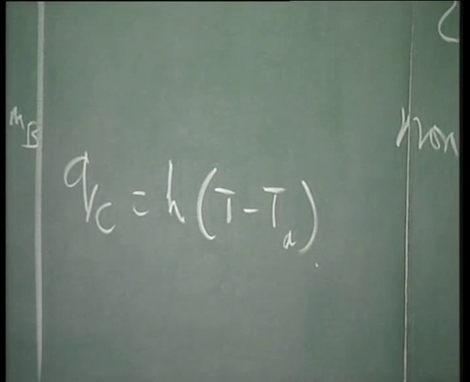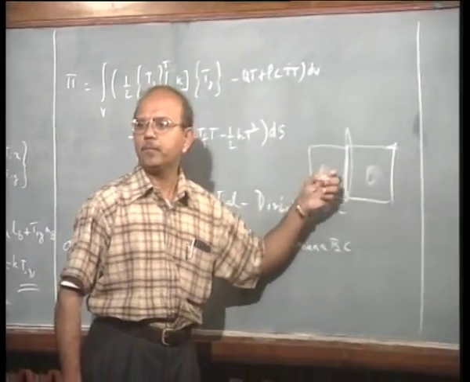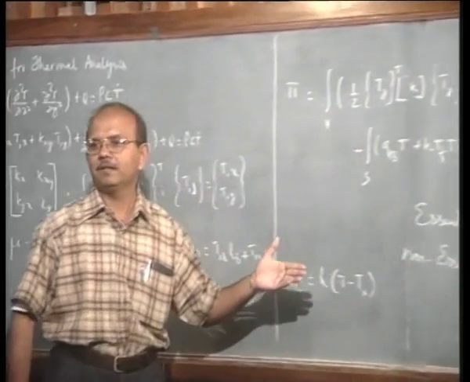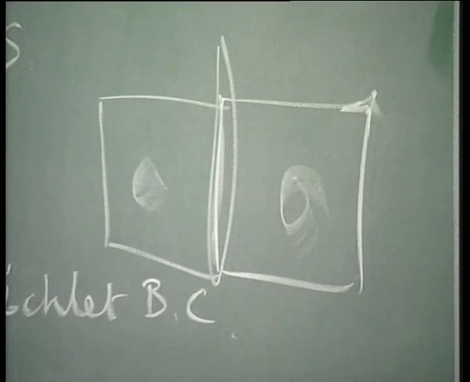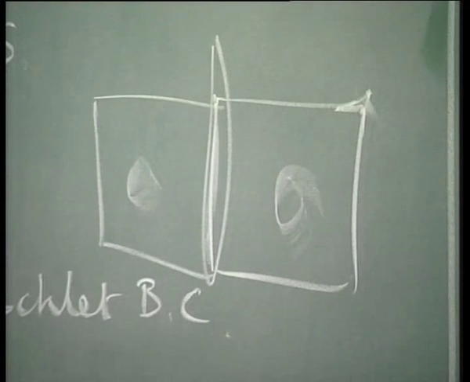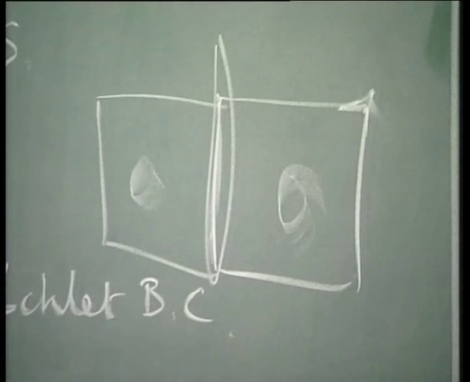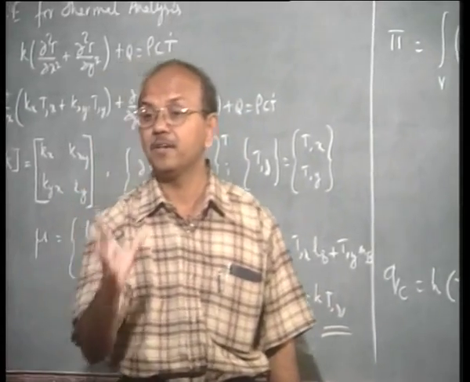Now, what have I done? Instead of QB, in these areas, I have now replaced this by a convection condition. Now, can I solve this problem? Please note this carefully. You can see this sheet, you would have seen it 100 times. Just take two sheets and weld it. I have told you that there is an essential boundary condition called temperature because I want to fix it. I want to say that this is going to be the unique value, so I need temperatures.